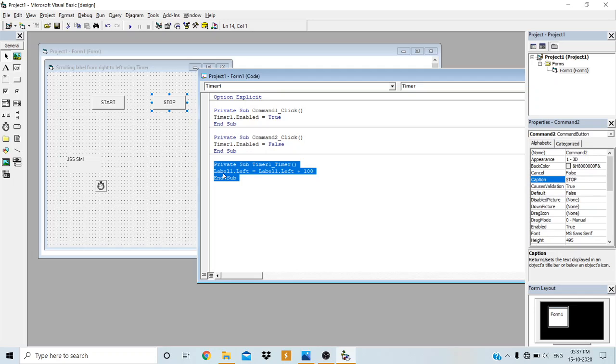Here we have written the code to change the left property to left plus 100 twips. It means that this label control will move from left to right for every second, because the time interval we have set is 1000. Now see,